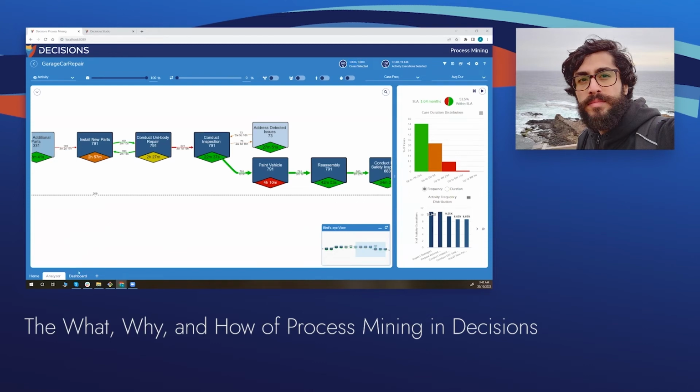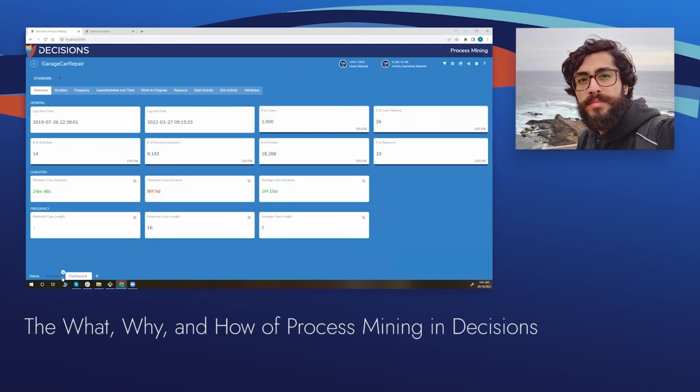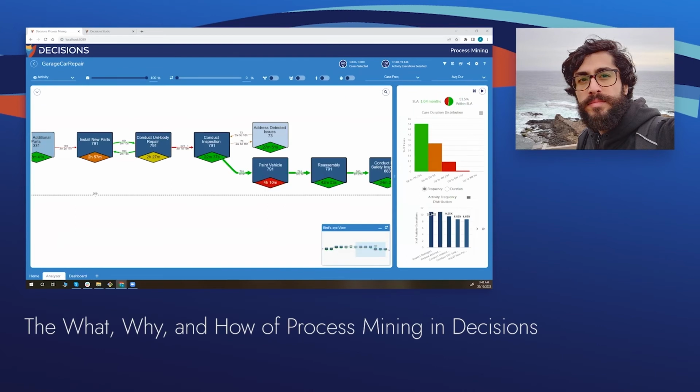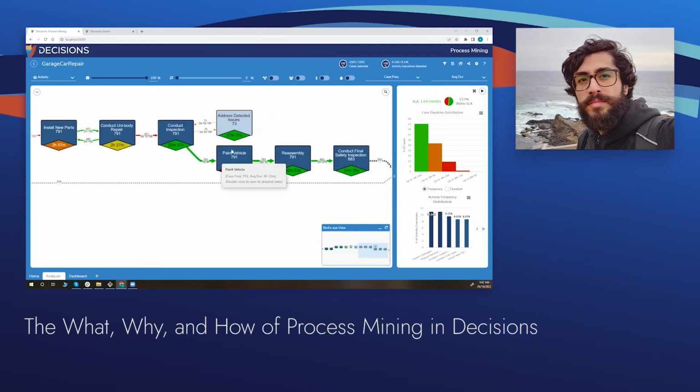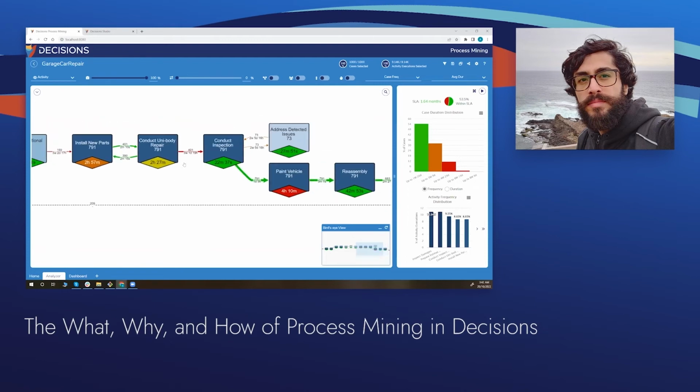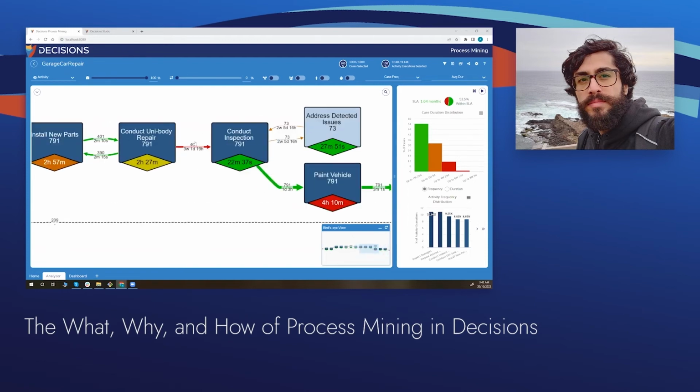Of course, there is a dashboard. I'm not going to go into it right now. I'm just going to go back to this plugin, and if we have time, we will look at the dashboard as well, where you can see a lot of other statistics about the process. So we can see that this activity was performed in 791 cases. Or, for example, we can see that this handover was involved in 401 cases. So basically, in 401 cases, when we perform the activity conduct unibody repair,